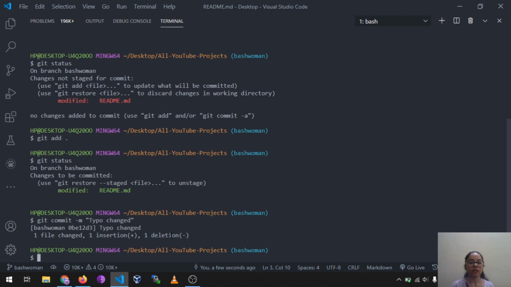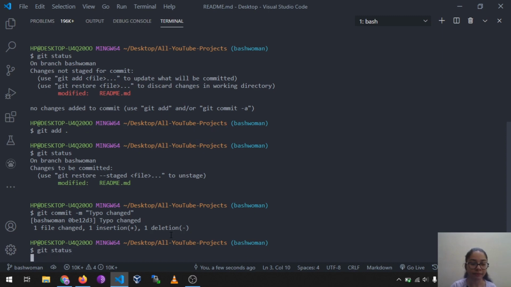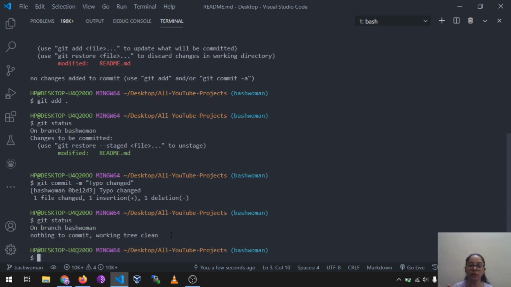Now that I've committed, let's see the git status. It says nothing to commit, working tree clean. Now it's saved in Git, but it's still on your local system.